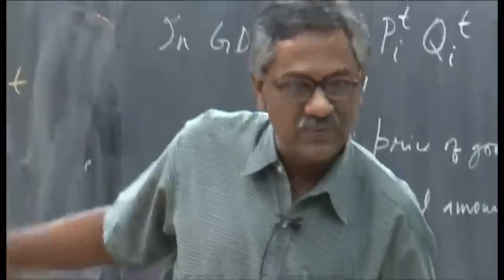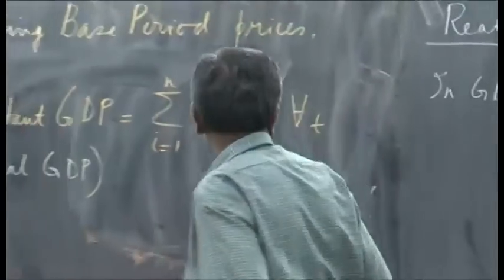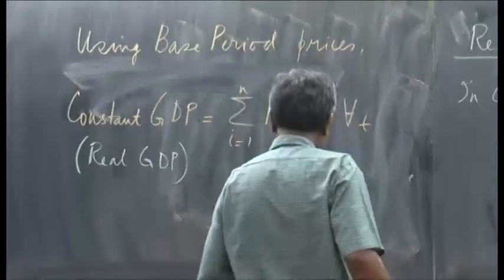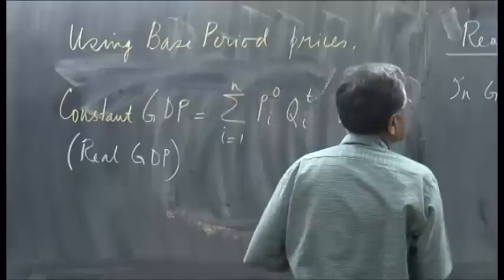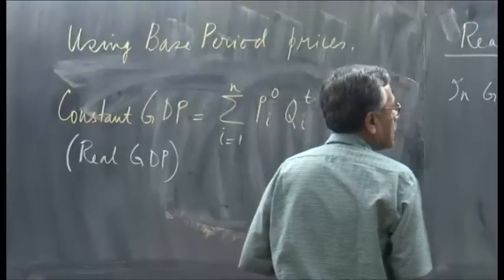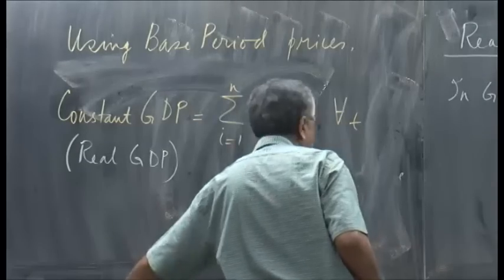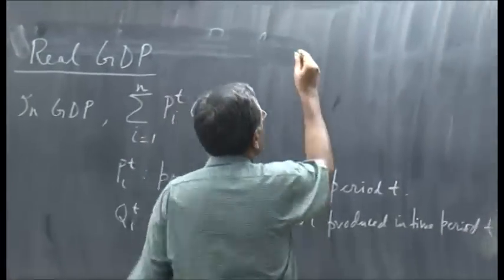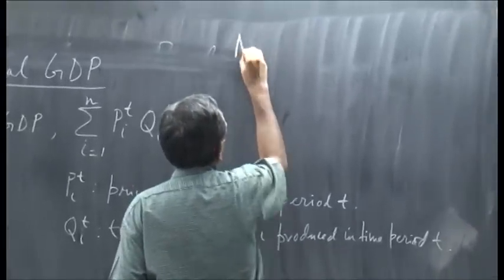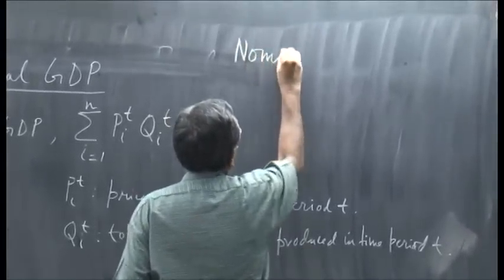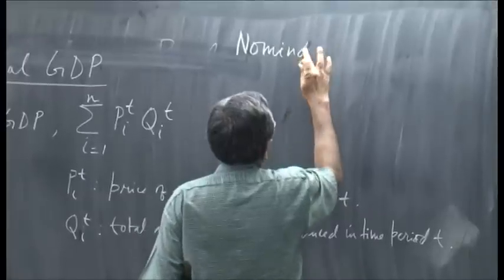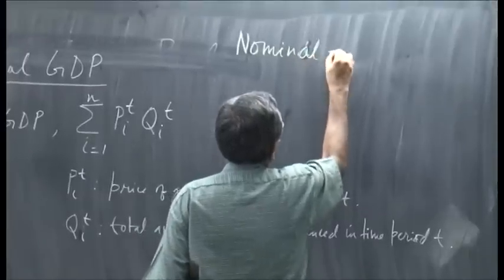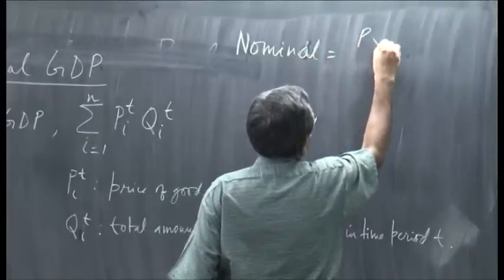The first measure of price level emerges from this real GDP. The simple example again, we recall that if nominal expenditure is equal to P into Q,